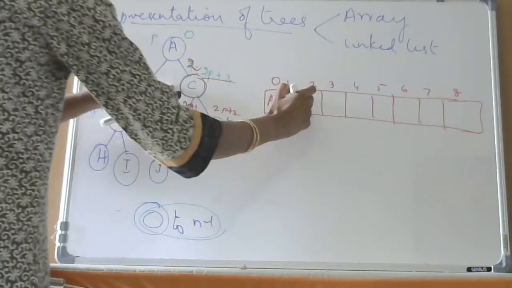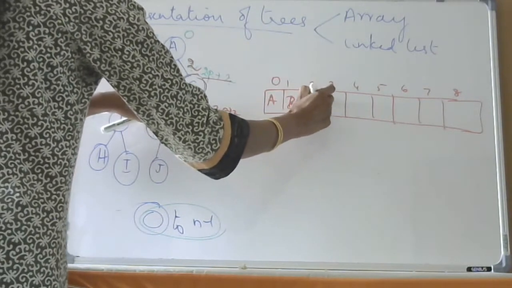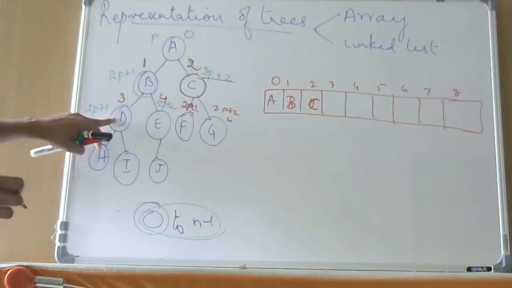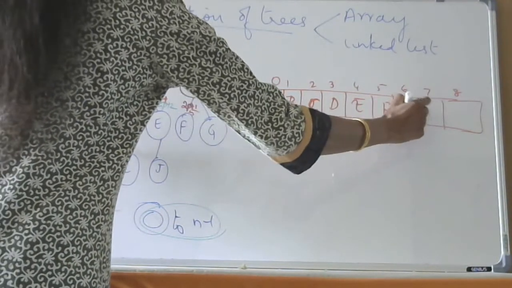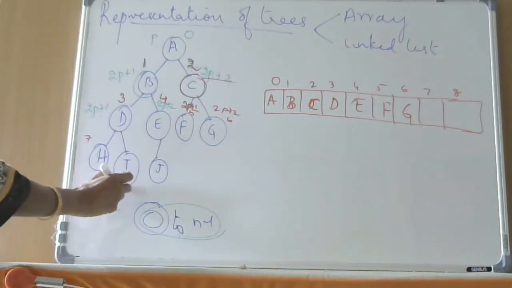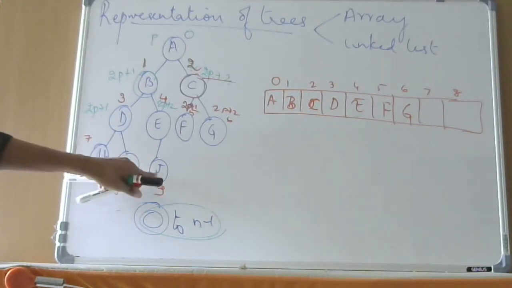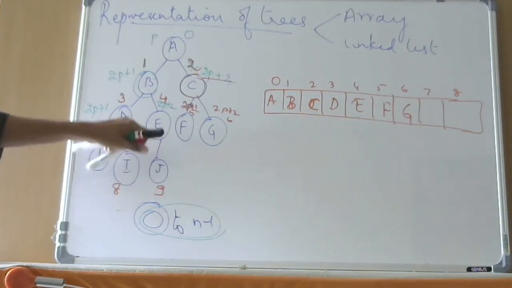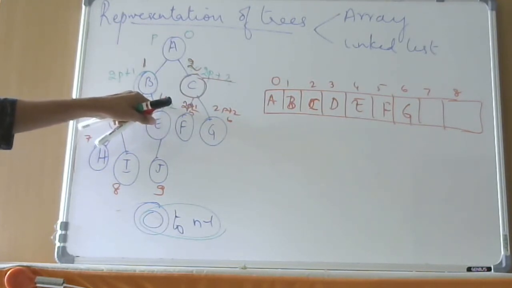So 1 is B, 2 is C, D is 3, E, F, G, up to 6. This will become 7, this is 8, this is 9. How do you calculate this as 9? Why did we get this as 9? Because E is 4. 2 into P, P is 4, 2 into P is 8, 8 plus